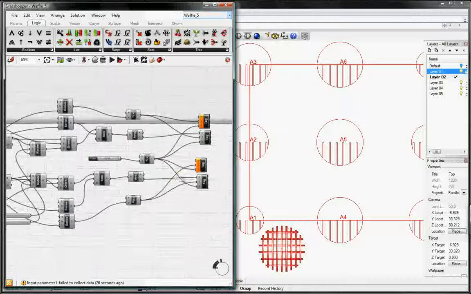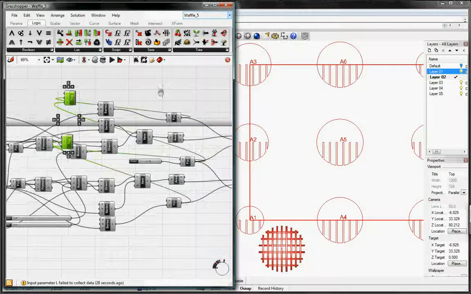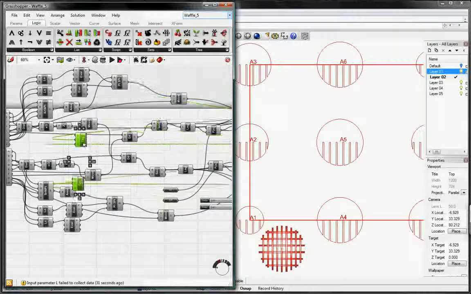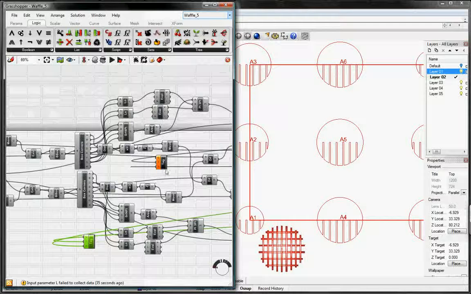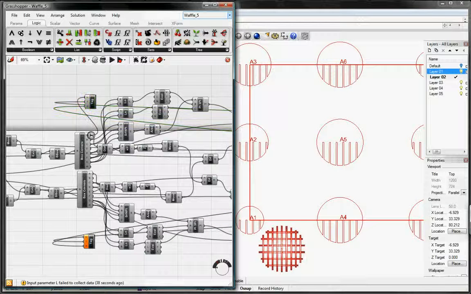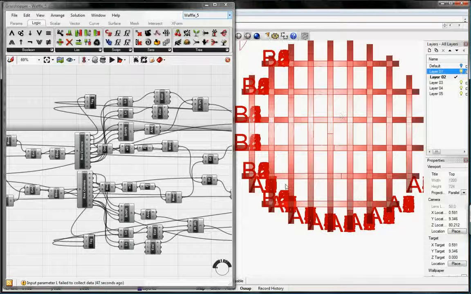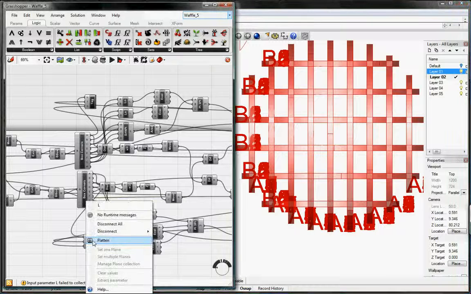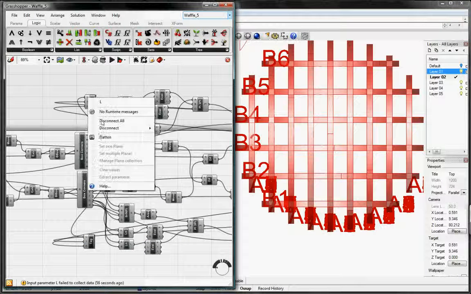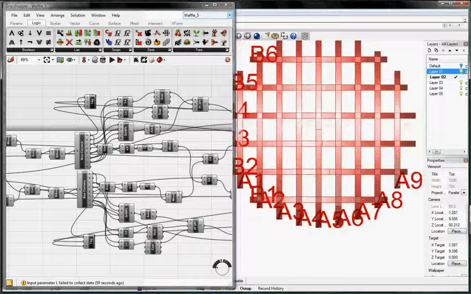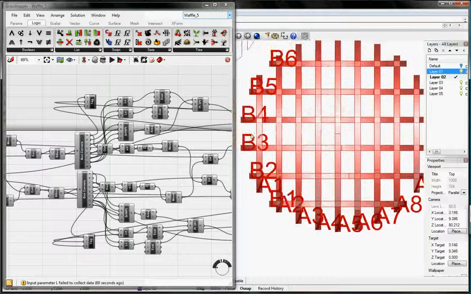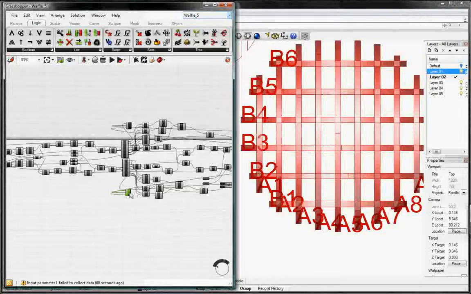And then for the other text tags, we're going to drag this back to the box corners. And A will go into L, and A will go into L. So we zoom in to our waffle, and as you can see there's just a bunch of numbers laying on top of each other. To fix this, we just need to right click on L and click on flatten, and then it fixes that problem. So now you can see that if you change the text, we can toggle this down to maybe 6 inches in text, and we can read off the structure and its letter, so we can rebuild this after we print it out